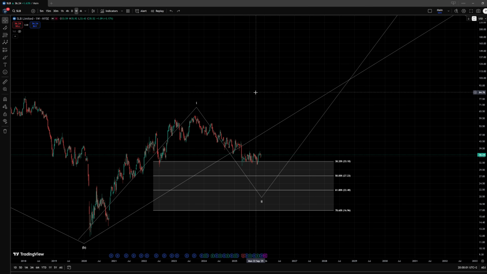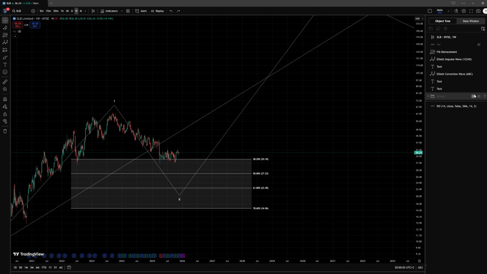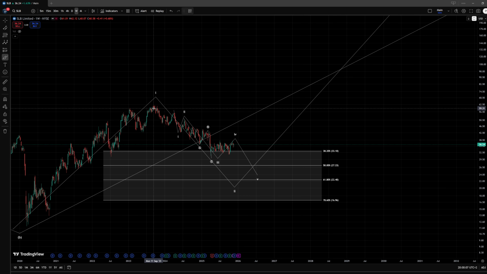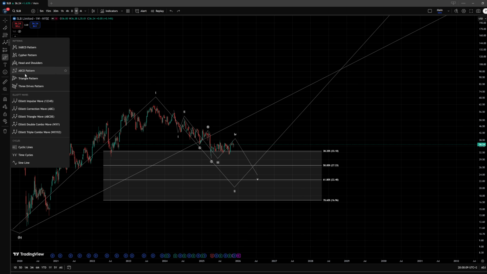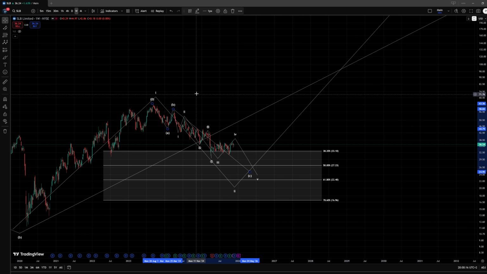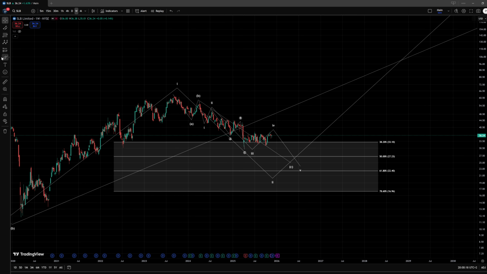Now within this structure to the downside, however, I do prefer at the moment that we extend a little bit lower. Within this overall wave 2 I am tracking an ABC pattern at the moment, where this would be an A wave down, B wave up, and I'm tracking a C wave to the downside right now. And within this wave C I am looking again for a 5-wave structure. A wave C must always be a 5-wave pattern,